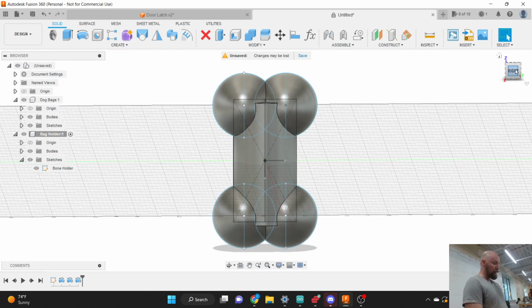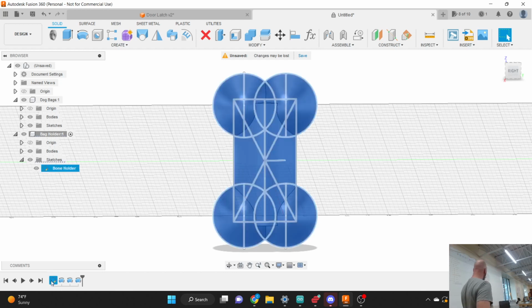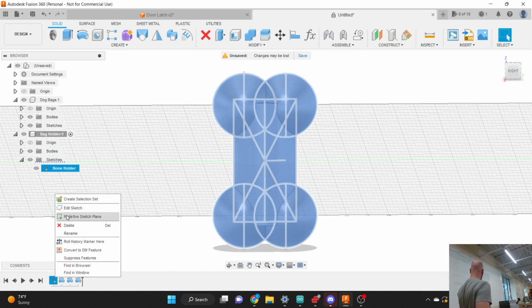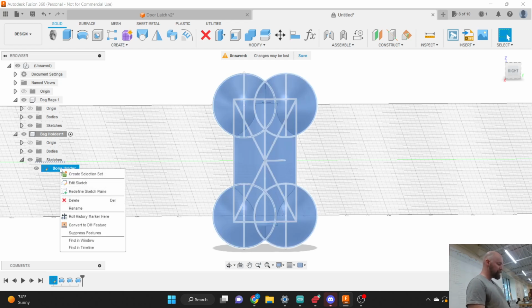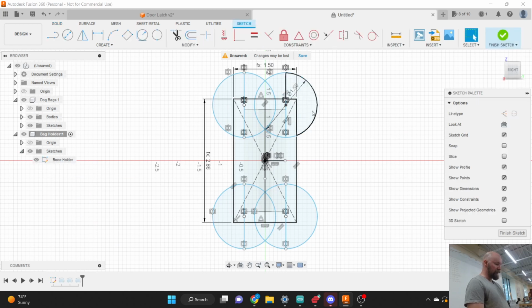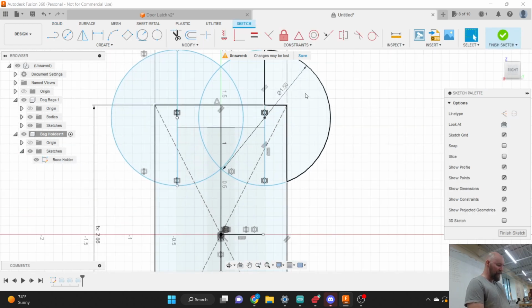So if I come back and edit the bone holder sketch, I can either right click on the bone holder sketch in my feature timeline and say edit sketch, or I can right click on the bone holder sketch in my sketches folder and say edit sketch. I'm going to add in a line